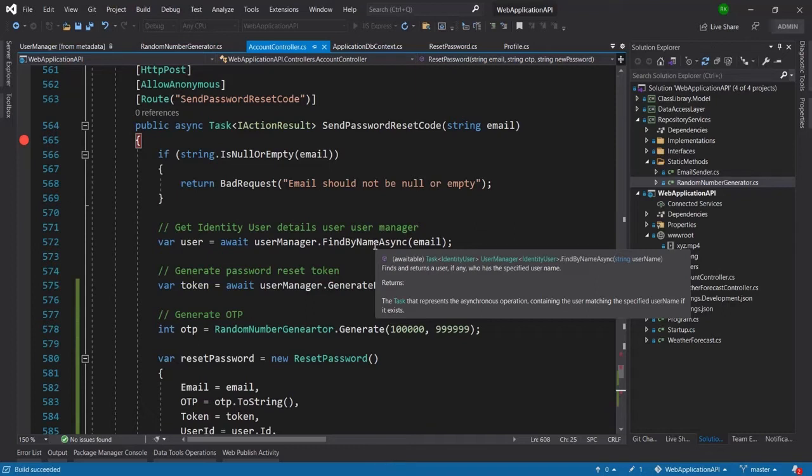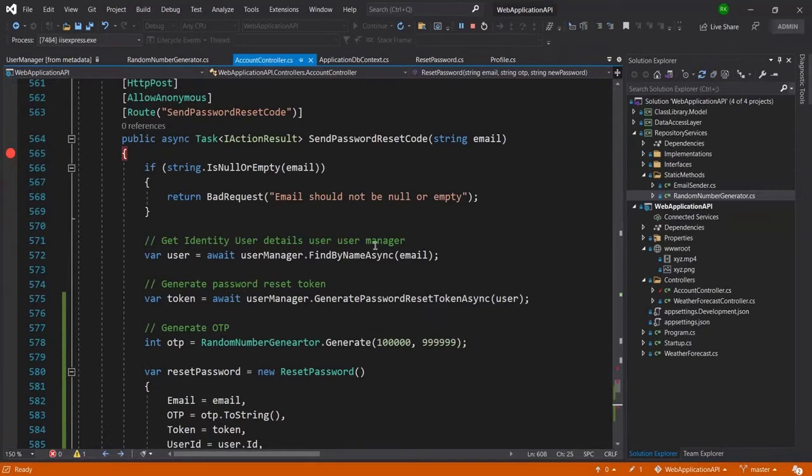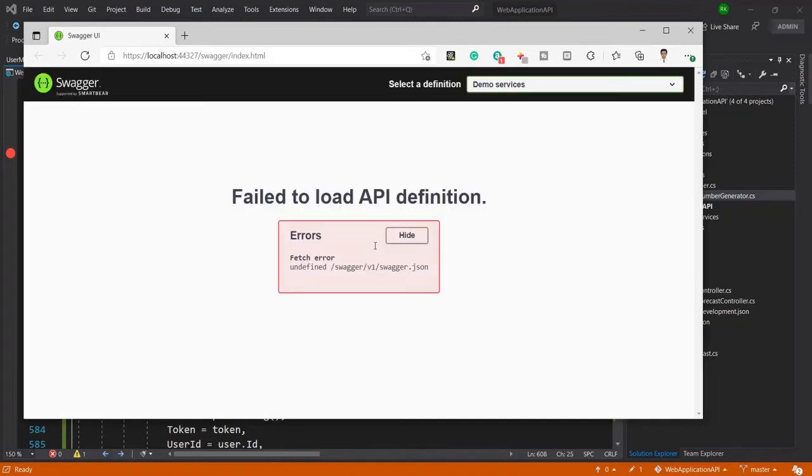I will also add the complete source code of this project in the description, and I will also add the database script so that you can generate the same table with the same column names. That will be helpful for you to implement the password recovery code very well and in less time.